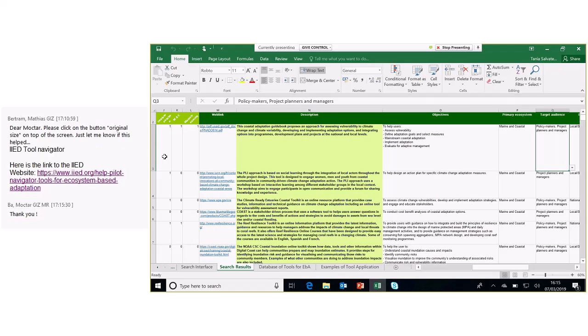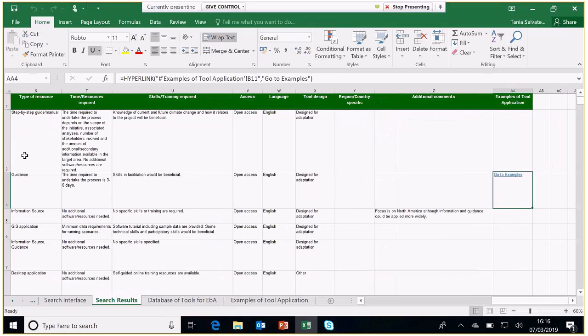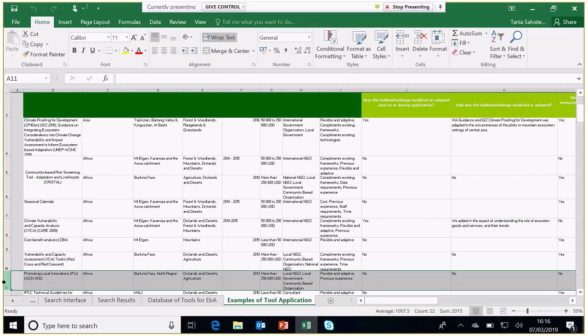And some of them will also have at the very end a link to examples of tool applications. So if we have any user experiences of a particular tool, you can click the Go to Examples link, and it will take you directly to a user experience of that tool.